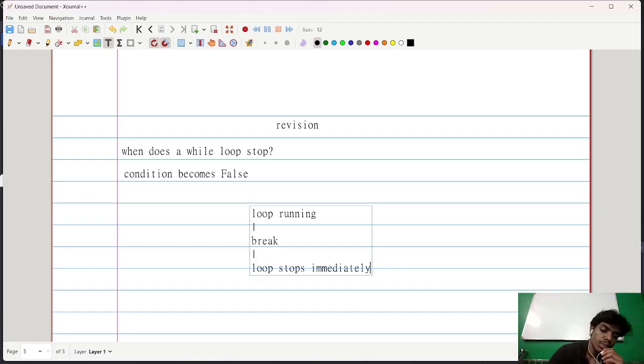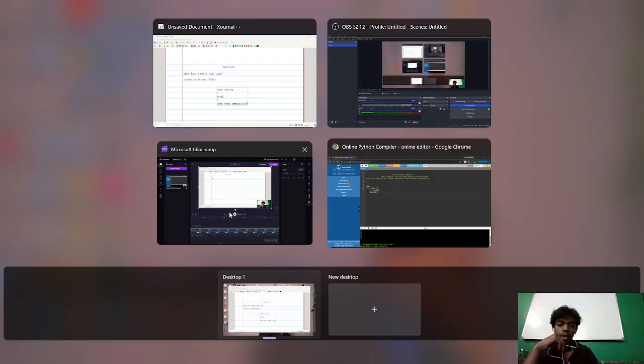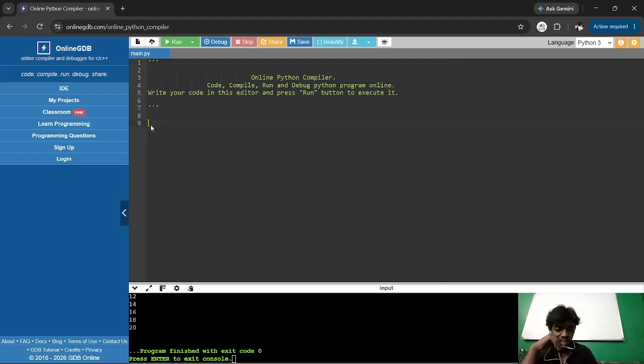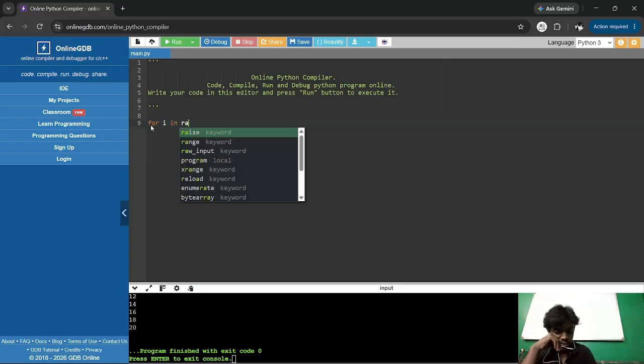Okay, so what happens here, if you want to skip the iterations and go directly to the result after your condition is satisfied, let's say not complete the whole iteration, so you can use the break statement there and it will exit the loop instantly. Okay, so let me give you an example in an online compiler. So let me erase it. So for i in range